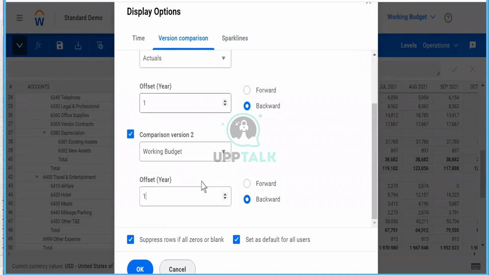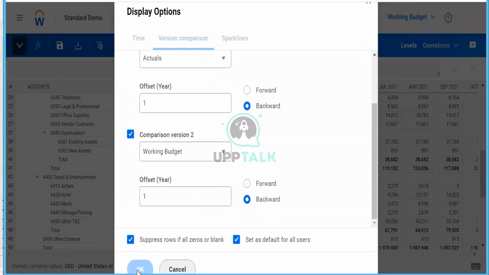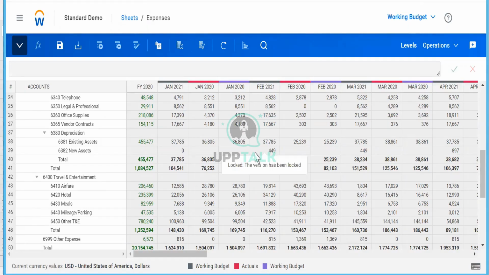You have three comparisons in one page. You can do two comparisons also. You can do three comparisons also. That's the maximum that the sheet can provide you at a time.